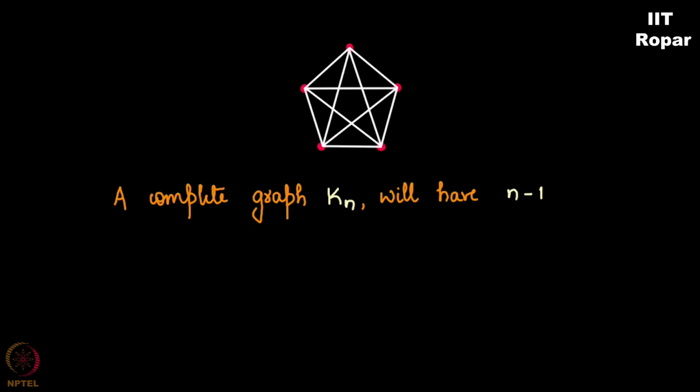Let us count. 4 into 5. It had 20 edges. Am I right here? Does it have 20 edges? I'm counting 4 from D, 4 from C, 4 from B, 4 from A, 4 from E. You see, an edge from D is counted once from D and once from B as well. Correct? So, the total number of edges should not be 20. Every edge is counted twice, so it should be 10 as you can see. Correct? There are 10 edges in K5.